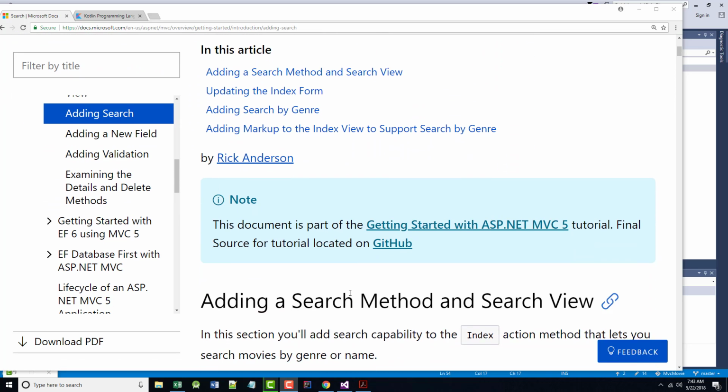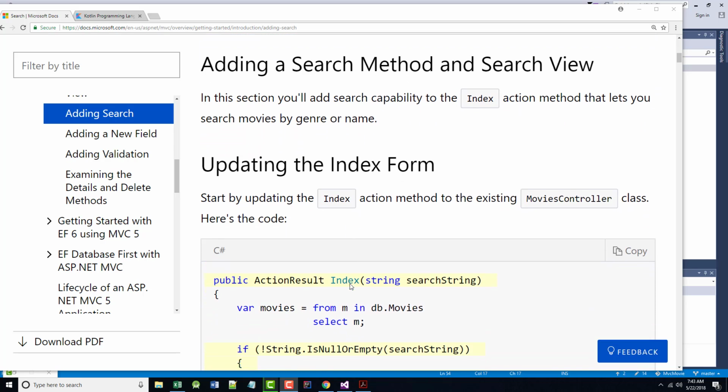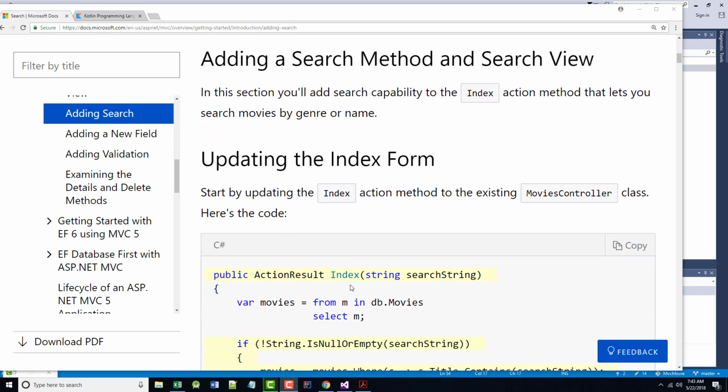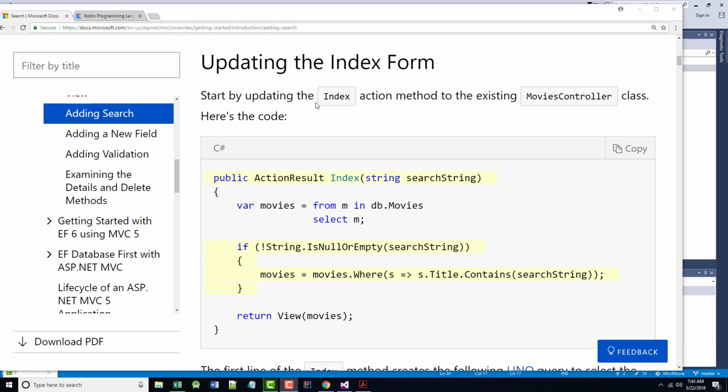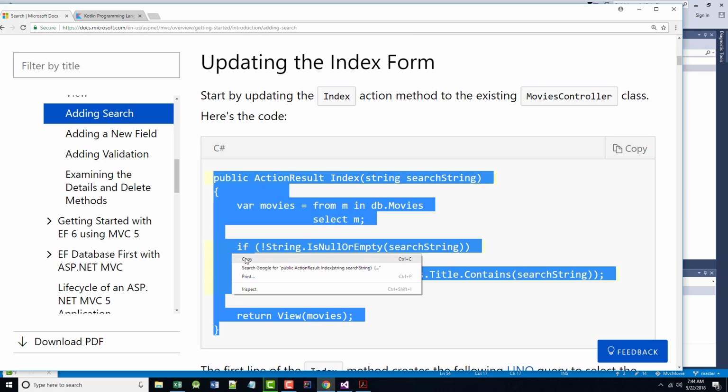As they mention here, in this section we'll add search capability to the index action that allows us to search for a movie by either its genre or its name. So we're told here to start by updating the action method of the existing movies controller class. I'm just going to grab the entire thing here, copy it to the clipboard,